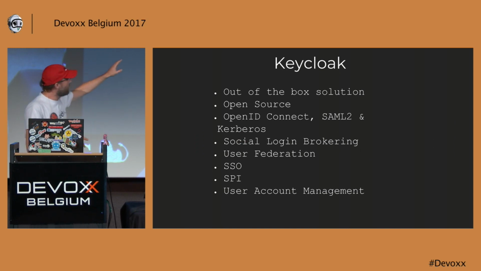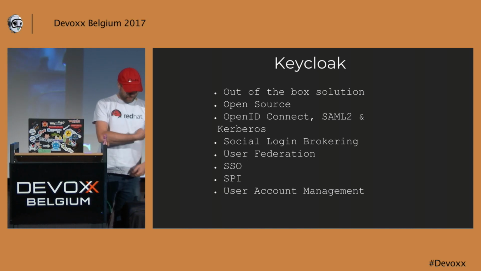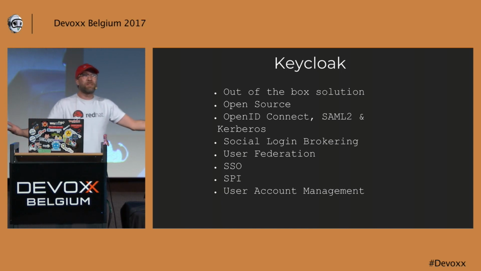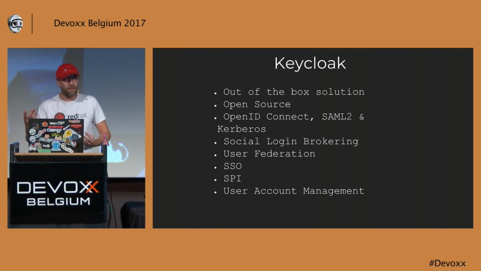Just quickly, Keycloak. So Keycloak is an out-of-the-box solution. You will see it. You just unzip it and you can use it. Of course, it's a Red Hat product. So it's open source. So anything that I will show you is open source. You can contribute. You can submit a pull request. If your pull request is nice, we will just integrate it in the next release. So